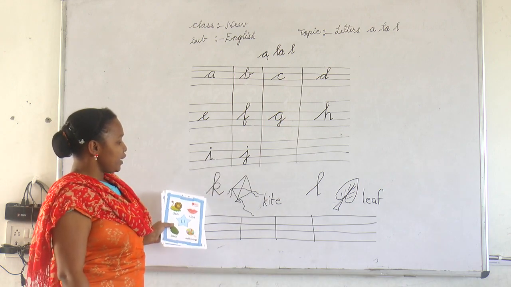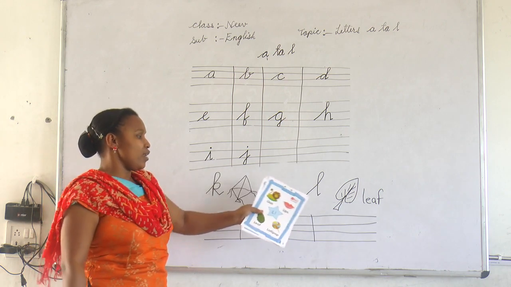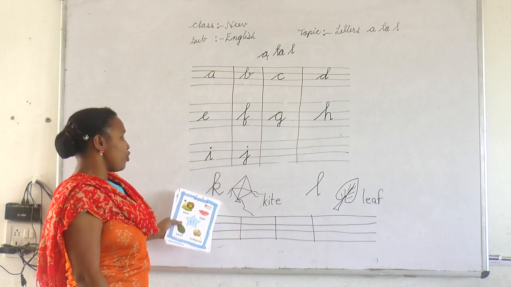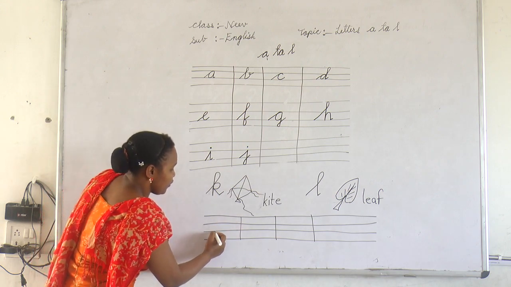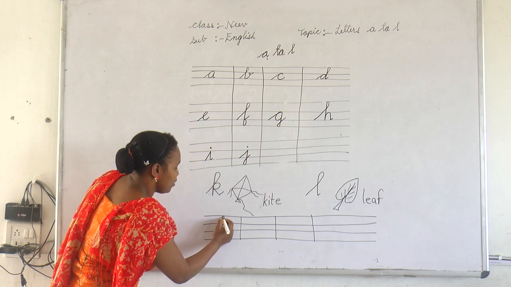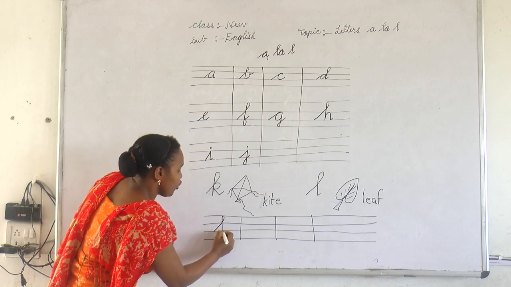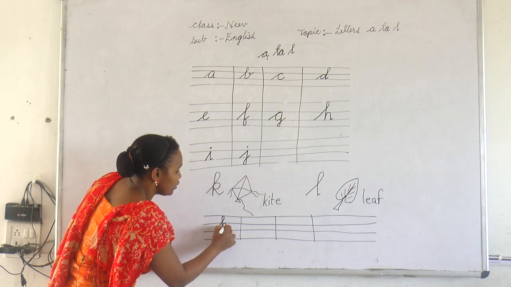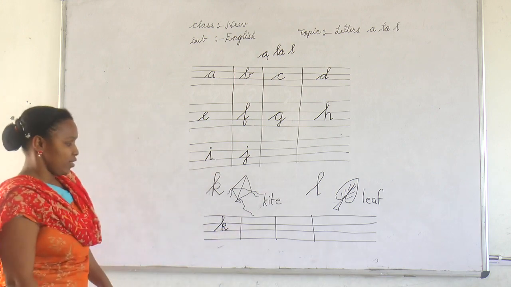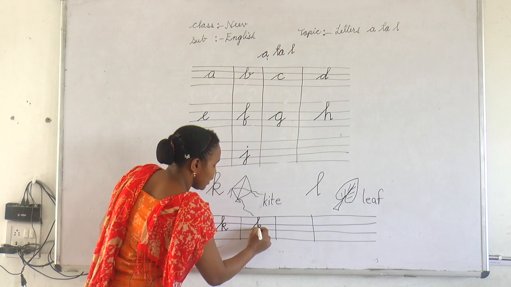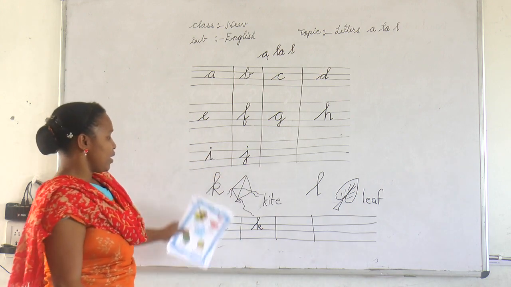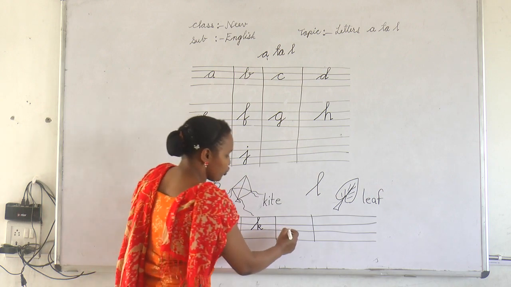Okay. Next we have to write K and L. We already learnt L, and today with the help of this L, we are going to learn this K. Okay. Like this. First you have to make L, like this standing line. Then again you have to go back with the same line. Then make a loop, touch here in middle. Then slant line like this. Just like R. Okay. K, kite. Slant line, make a loop, standing line, go back again, touch here, slant line, like this, K. K, ka, kite. Till you finish the letter, you should not lift your hands.